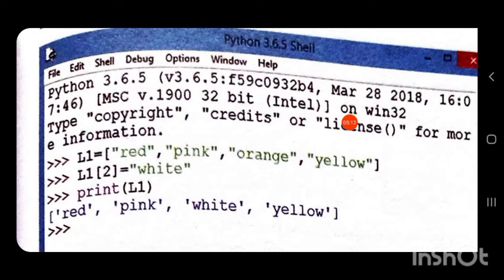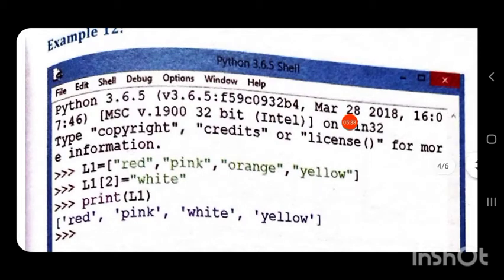Name of the list, then in square brackets the index position, equal to the new value. So L1 is our list, then in square brackets 2, the index position where we want to update, is equal to white, that is the new value. White is a string, so it is always enclosed in single quotes or double quotes.